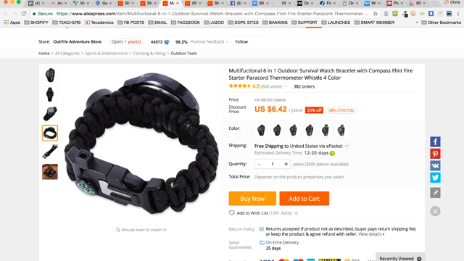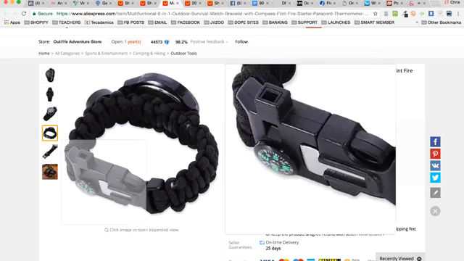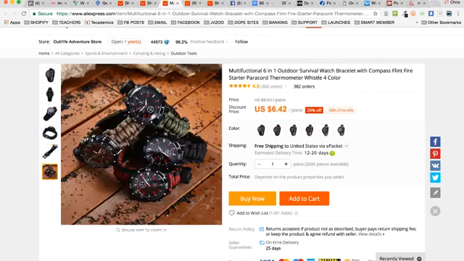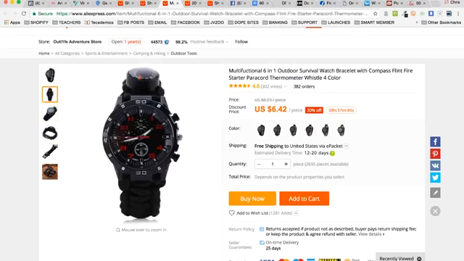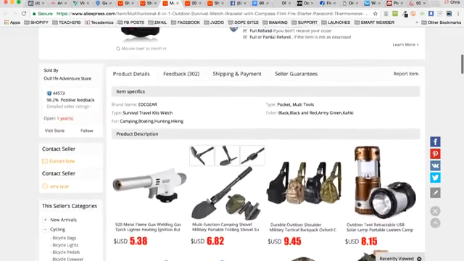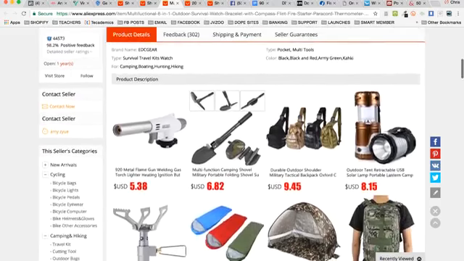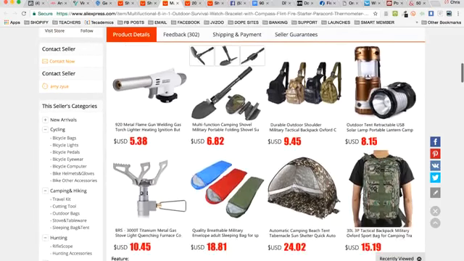It's got a thermometer and a whistle. So it's got a whistle you can blow into. It's got the paracord wrap. It can start fires. It can do all kinds of stuff, okay? And you can look at all this tactical stuff they can do. So you're looking for things like a tactical backpack,